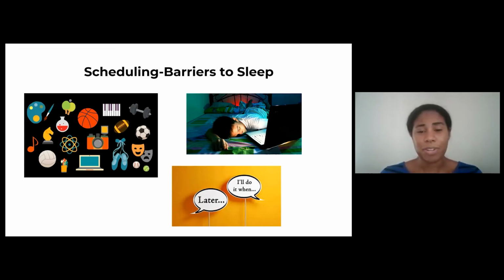And sometimes procrastination is because of anxiety, so that's another thing to think about. Maybe the person is not that confident about their ability to complete the task at hand, and so they put it off because they're worried that they won't know how to do it. Those things do need to be addressed if they're there, or maybe there are too many things going on, being overscheduled, and taking a look at that too.